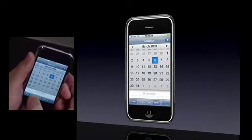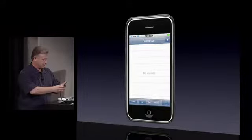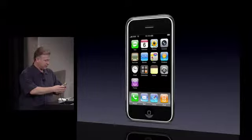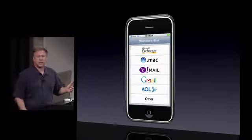And here's today. List of no events. I kind of like that. I get my day free. Go into email. Not only do I not have email, my account is not even set up and activated